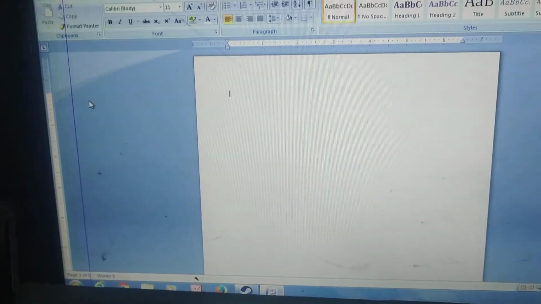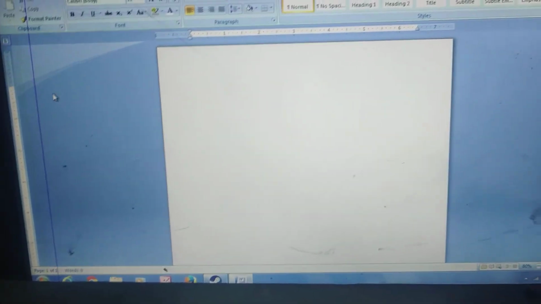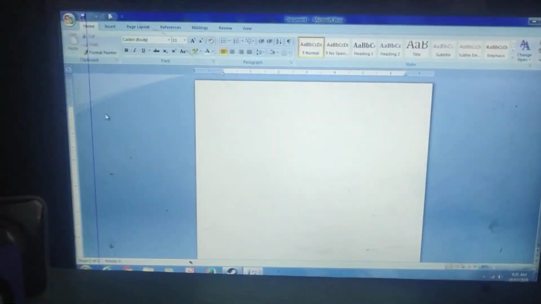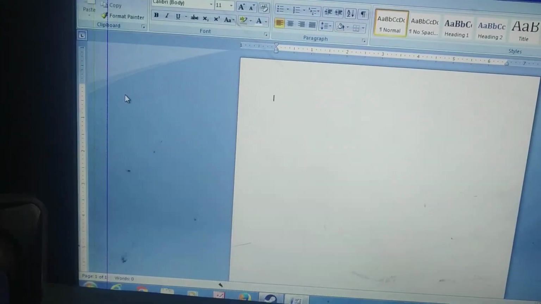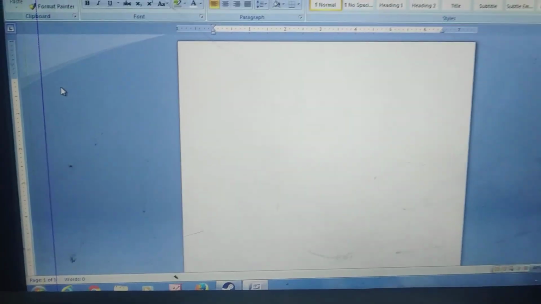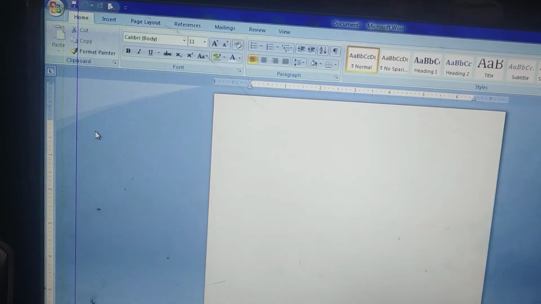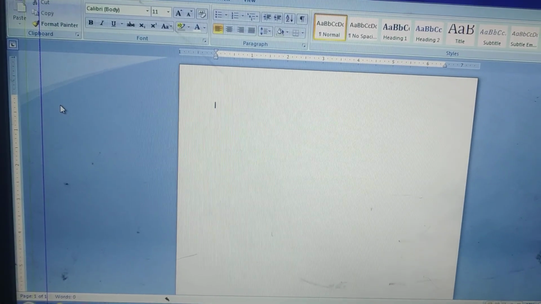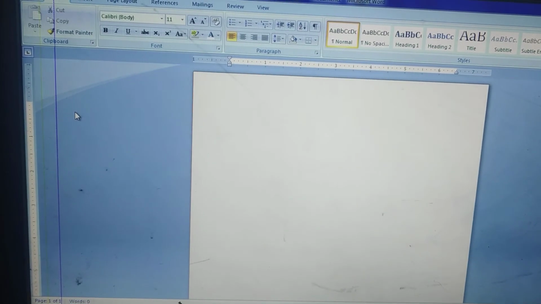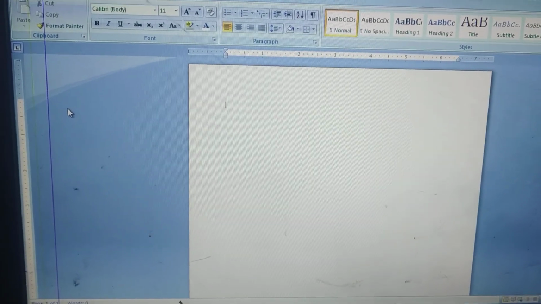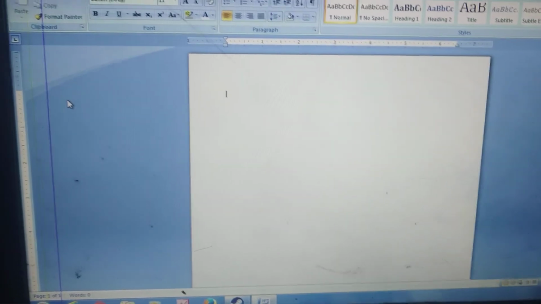Good morning, kids. In the last period, we have seen how to format our text, and even how to give background color and border to the page and how to change it. Today we will see how to give border to the text and how to give shading effect to the text, and also we will see the insert menu. Insert menu means how to insert word art, clip art, and how to insert a table in our document. That all we will see.